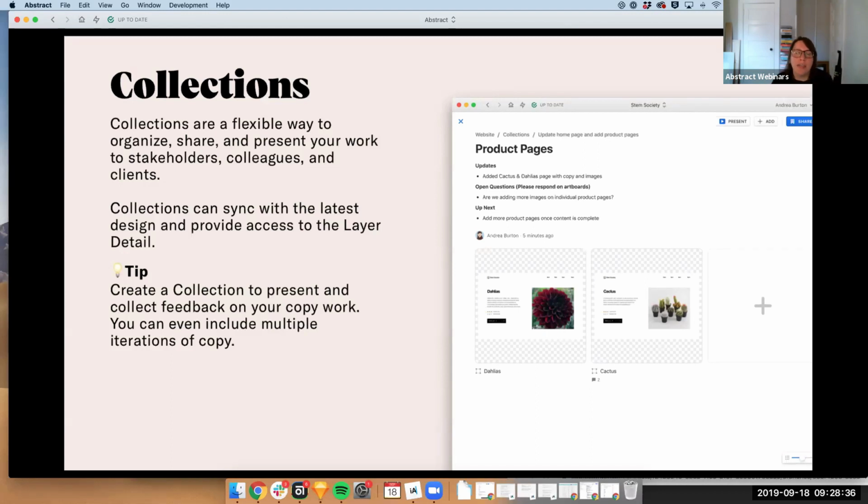So you're curating any of your changes into a collection. Here, I put a title, product pages, and I can put some context in a collection summary or description. I can say, here's what I've updated, here are my open questions, what's up next. And these collections can sync with my latest designs and provide access to layered details.